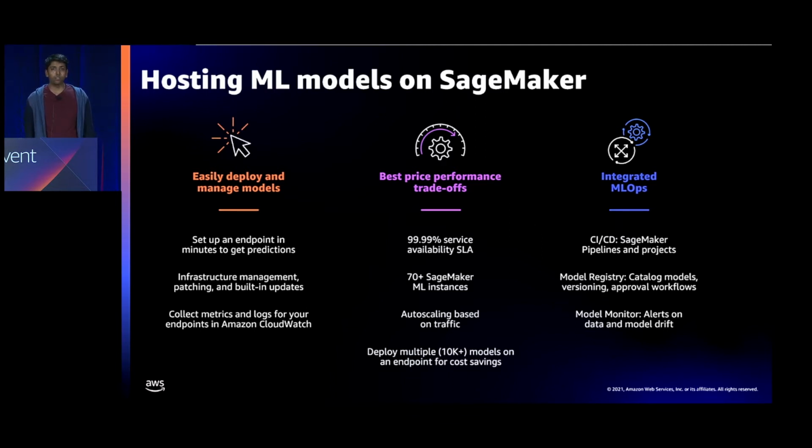In terms of performance, SageMaker provides high availability with support for deploying tens of thousands of models on a single endpoint. We have over 70 different instance types for you to choose from, and all of them have configurable auto-scaling policies to meet your workloads. Finally, MLOps features of SageMaker, such as SageMaker Pipelines and Projects, can help you deploy models repeatably and at scale. You can also version and manage your models using Amazon SageMaker. And as you start using your models in production, Model Monitor can alert you on any data drift or model